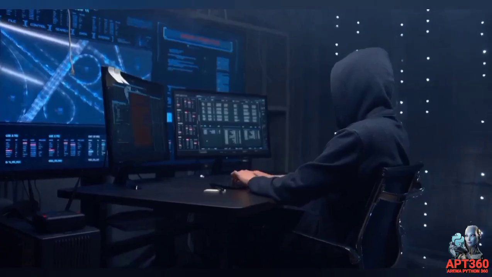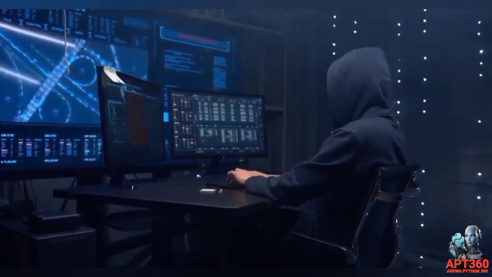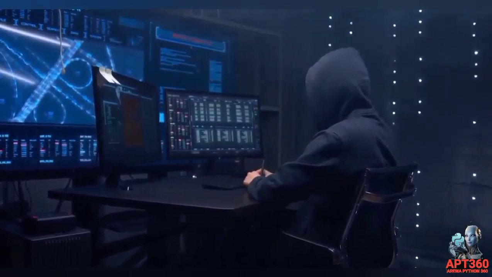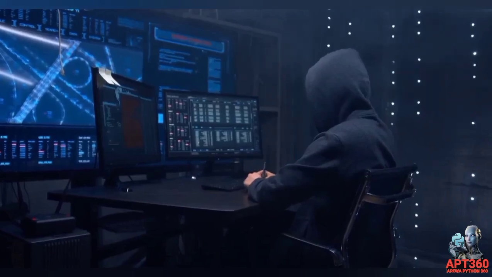In the next video, we'll unleash Nmap's most powerful feature, the Nmap Scripting Engine, NSE, where scanning turns into vulnerability